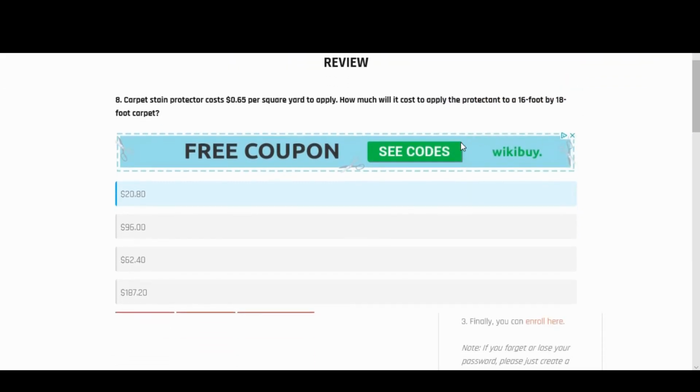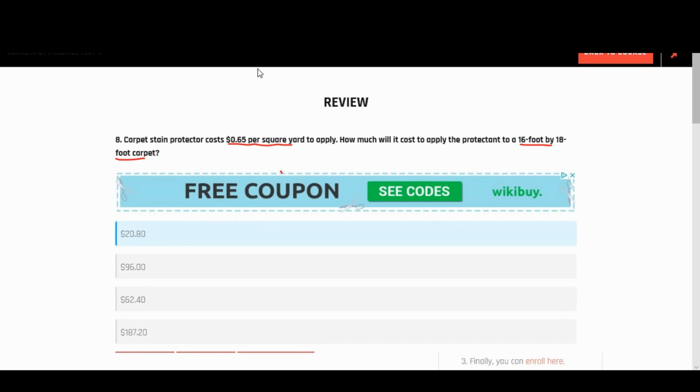Number 8 says carpet stain protector costs 65 cents per square yard to apply. How much will it cost to apply the protectant to a 16-foot by 18-foot carpet? So right away, we should recognize that we have costs per yard and we're given measurements in feet. So at some point, we're going to have to make a conversion, and we should know that there are 3 feet